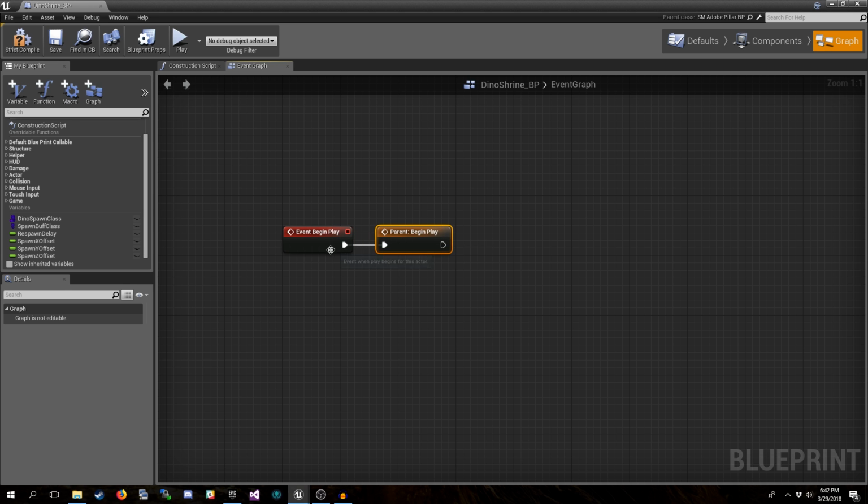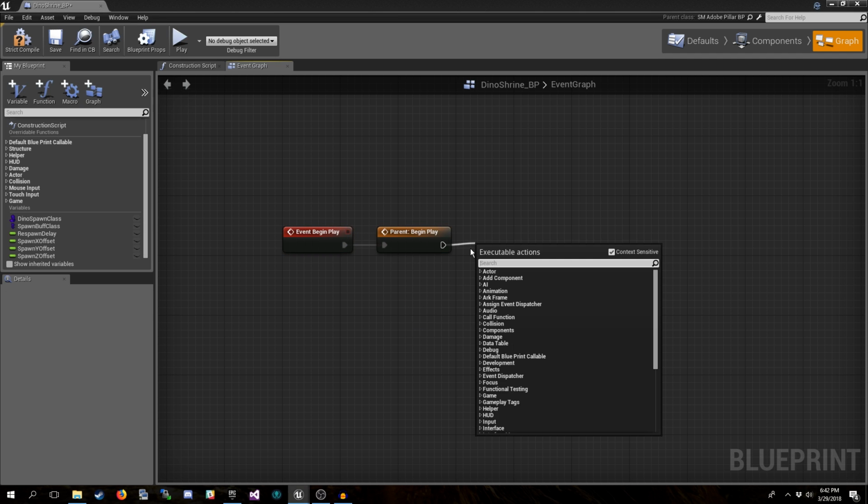Because if you don't, what's going to happen is when you call this, it's going to just flat out override any previous functionality that's called on those events and on those functions. And the stuff in the parents isn't actually going to get called at all. So to make sure that parent setup stuff is actually called, we call these parent nodes. In C++, we would use super, but in Blueprint, you just do add call to parent function.